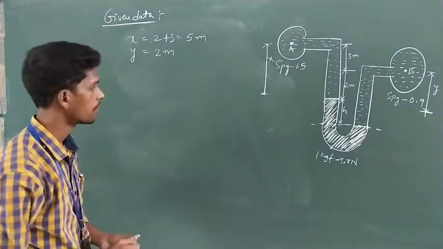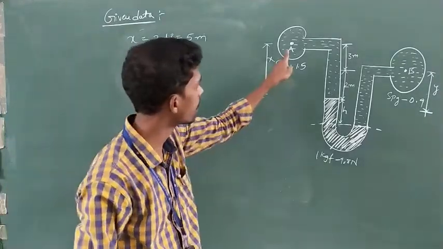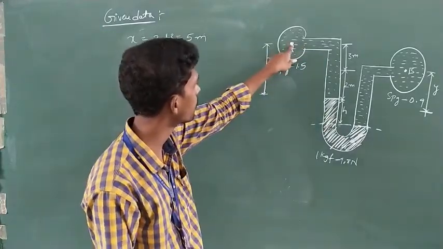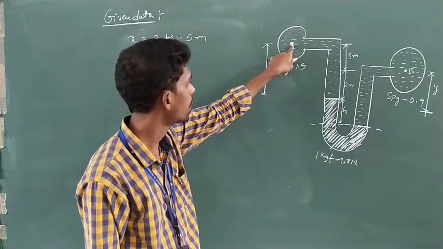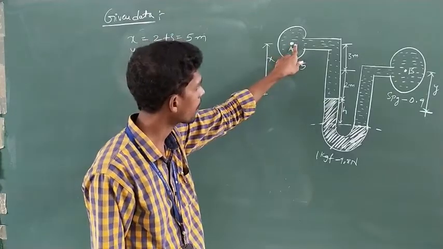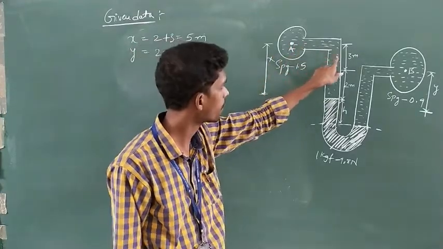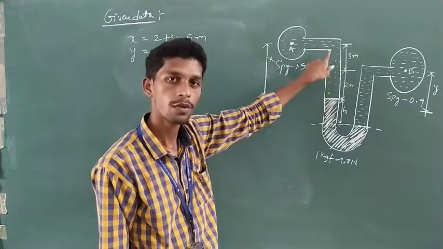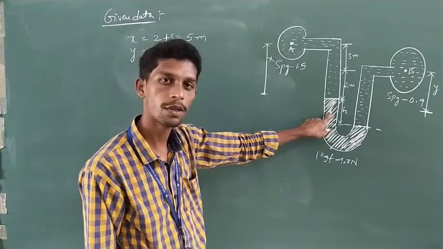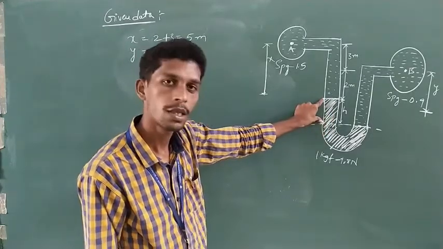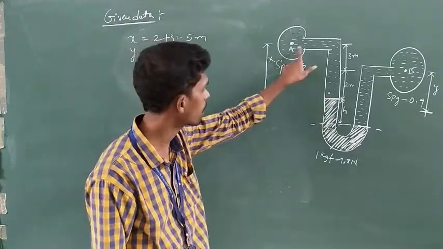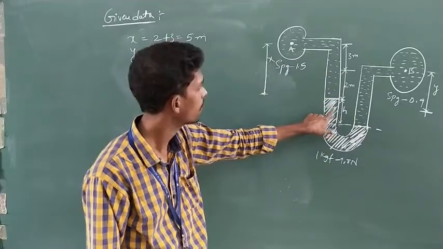So now, what about the pressure intensity in the left limb? See here the pressure intensity in the left limb. It is the pressure intensity at point A. So here the pressure intensity is PA or P1. We already know this value. We have to find out the pressure intensity in this tube. So ρ1 G H1, and we have to find out the pressure intensity for this mercury level difference. That indicates the left limb pressure intensity. This one, and this one. There are 3 parts, right?